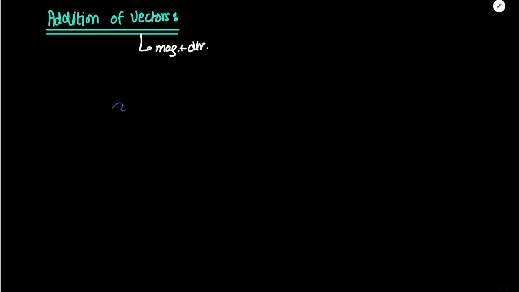First, we are going to learn how to add two vectors geometrically, and then we will try to derive some results. So let us say that this is vector A and this is vector B. So we want to add vector A to vector B. So the procedure is you take B,